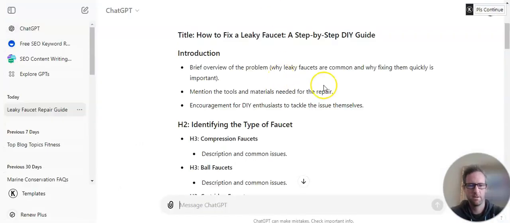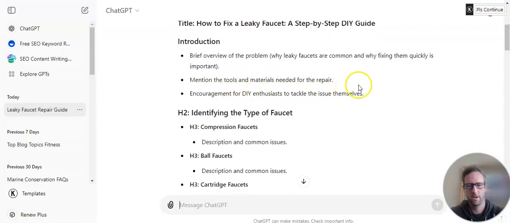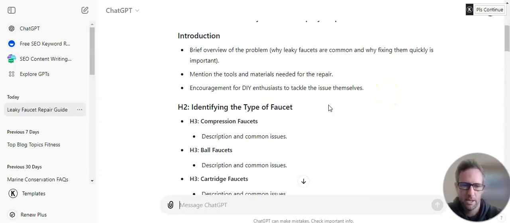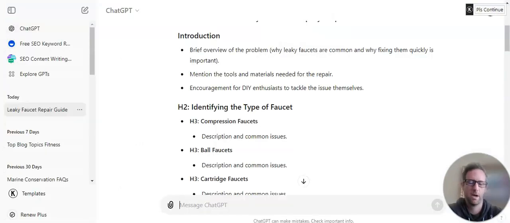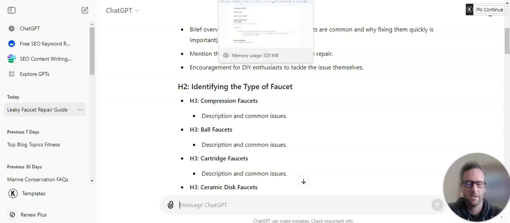Okay, then we go back to here. So obviously your intro is going to be somewhat of an overview of this whole post, but for this example, we'll kind of just start with that basic: describe the leaky faucet, why it happens, why it's annoying, that sort of thing. And then we'll get into